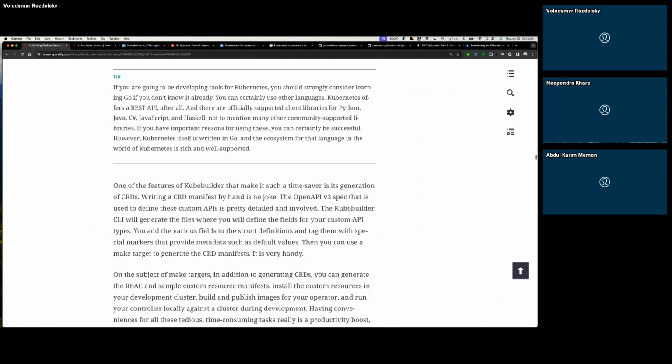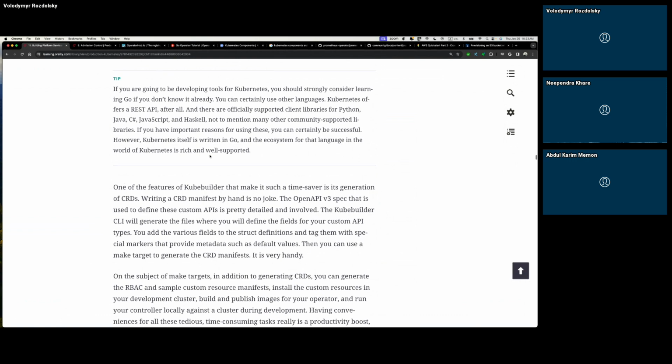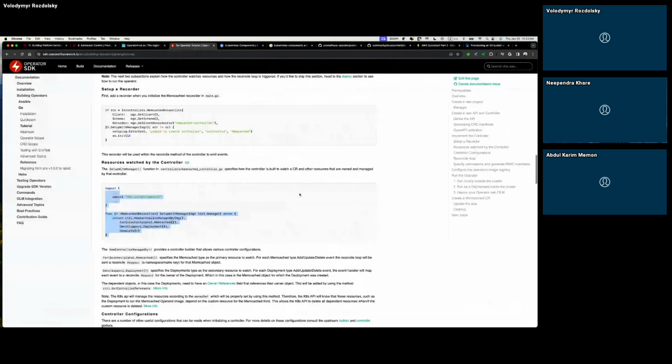Yeah, I think we can take it in the next session if it's okay. Yeah, let's take it in the next session. I'll prepare this part where I can install the operator and go through a little bit of the code. Sounds good. There's also a popular framework that supports Python.